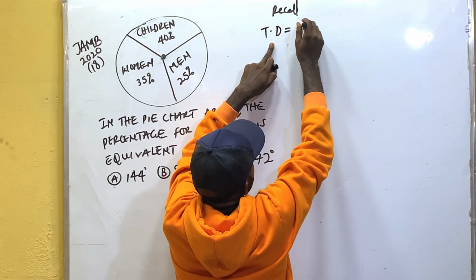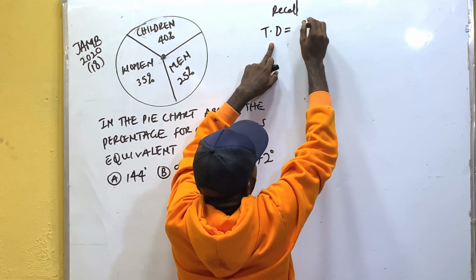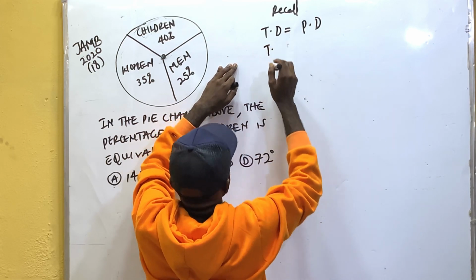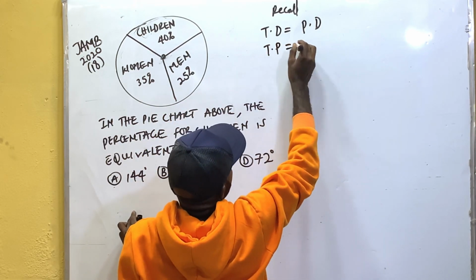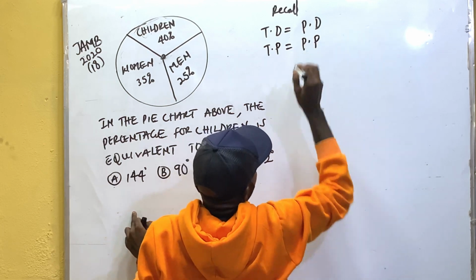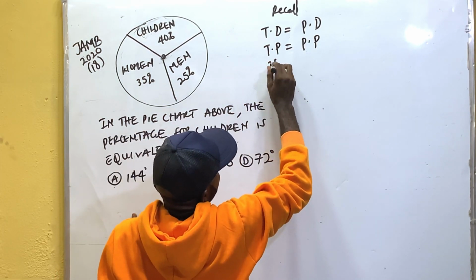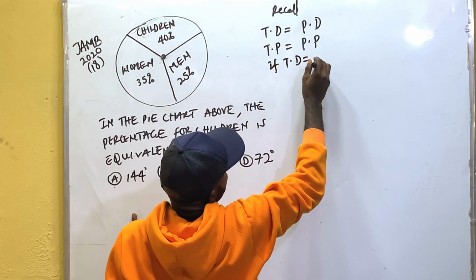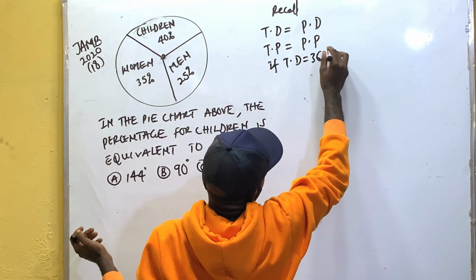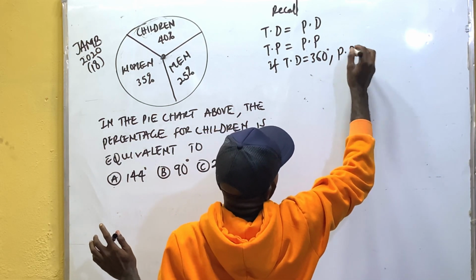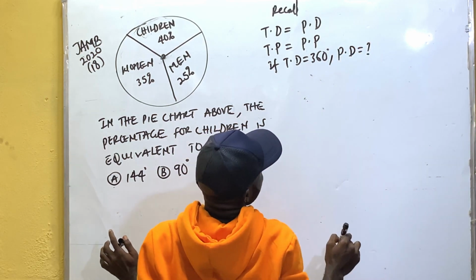My total degree is equal to my partial degree, while my total percentage is equal to my partial percentage. If total degree is equal to 360, which is always known, partial degree we do not know, that's what we're looking for,